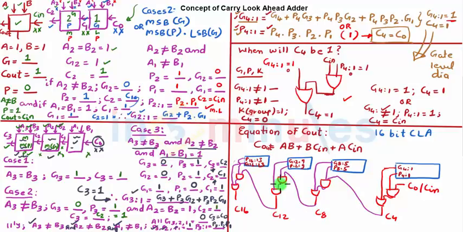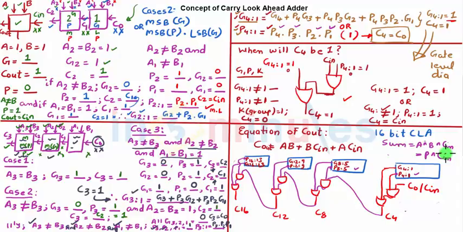So this gives me a 16-bit CLA adder where you can predict the output just by looking at your Cin and with the help of group generate and group propagate signals. So suppose you want to find the sum of this 16-bit CLA, we know that sum is nothing but A XOR B XOR Cin, where A XOR B is nothing but P, which is XORed with Cin. So for each corresponding bit, you can have your corresponding P and its respective Cin, or there is another logic